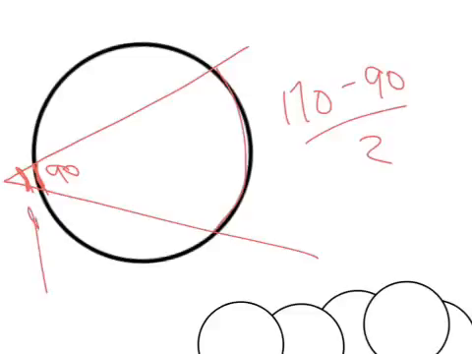So when the angle you're looking for is outside, you take the difference between the two arcs that it has included, and take the difference and then divide by 2. Okay? So, when a chord intersects in the circle,